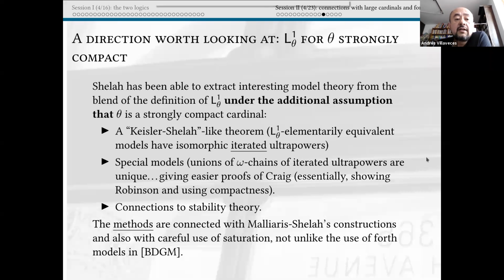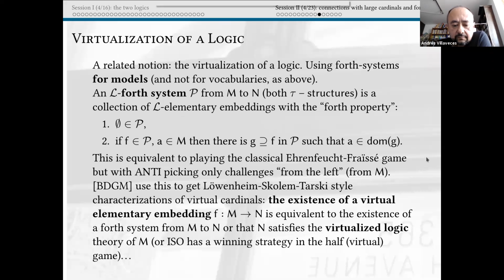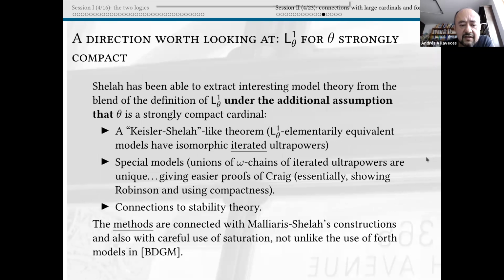So let us see a direction that I want to blend with this. Let us go back to. Sorry, I just wanted to say, historically speaking, the idea of using the Fraïssé games to get virtual elementary embeddings and vice versa was Ralph's. Oh, that's right. Yes. Sorry, I should have mentioned. That's correct, and that gave a lot of simplicity to the original definition of remarkable cardinals that was so difficult to deal with. Thank you very much. Anyway,